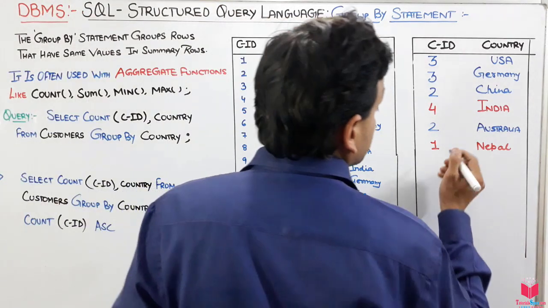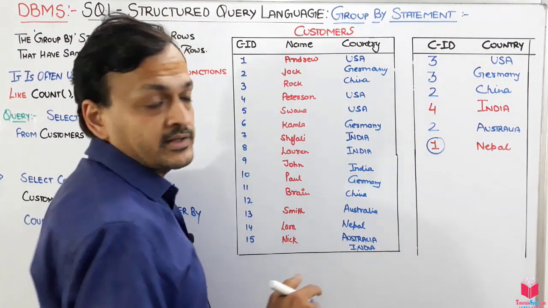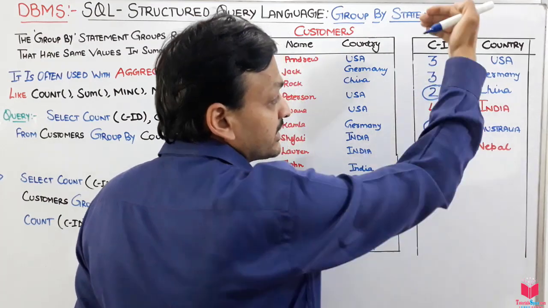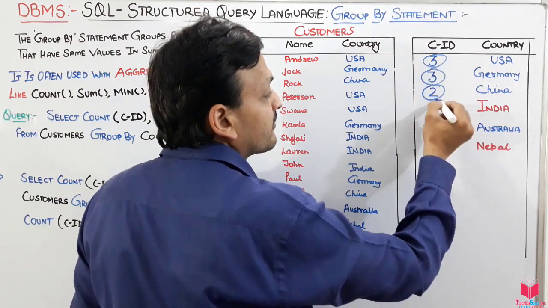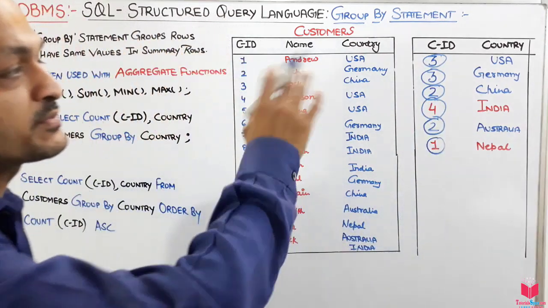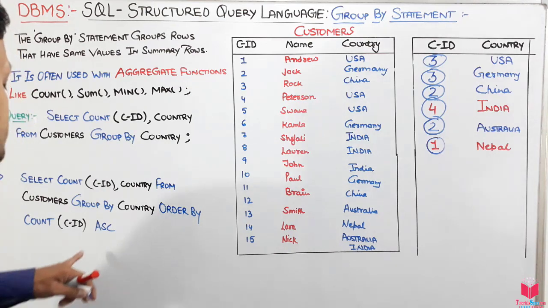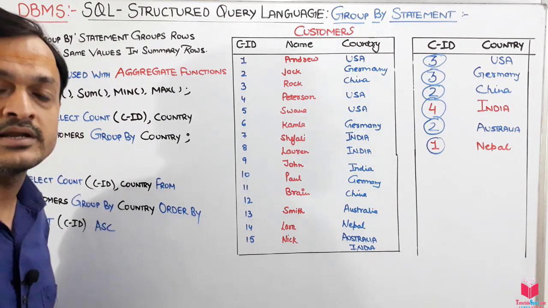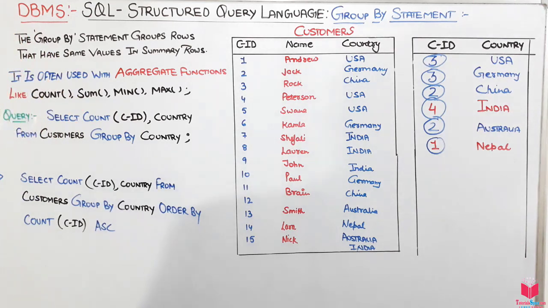So this will be the first one. After that, what will come? This will be the second one, then third, in ascending order. After that, this or this will come, it does not matter. Then after that, this will come. Their corresponding values will be written in the countries, so this will be the output. We can arrange in descending order, or we can arrange on the basis of countries alphabetically, whatever we want, we have to write here. So this is all about the GROUP BY statement using structured query language.